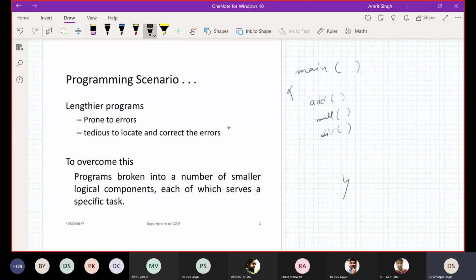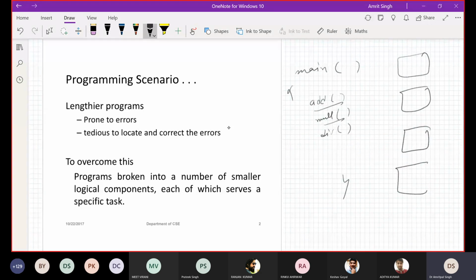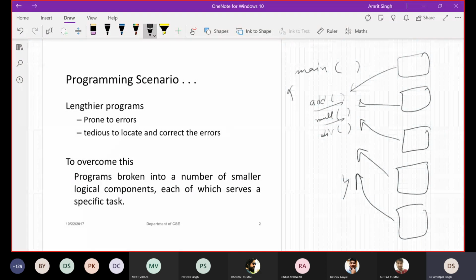The code of all these functions is not written inside main, they are just invoked inside main. The code is written separately. So you have divided your big program into a number of modules, and then you have incorporated all these modules in your main program. That is the major purpose of modular programming or functionality.